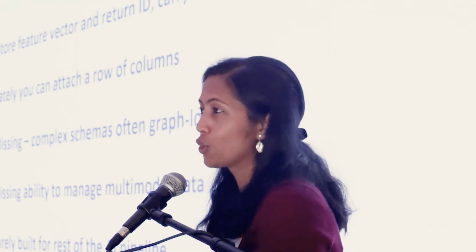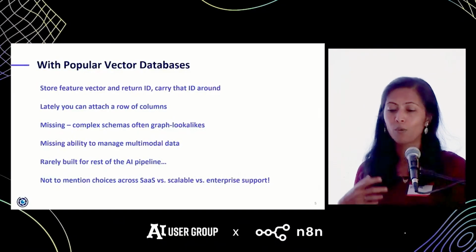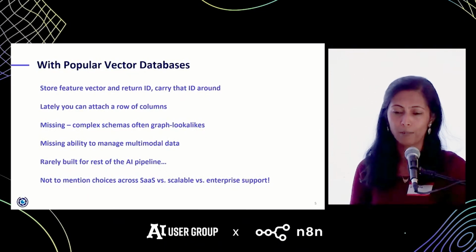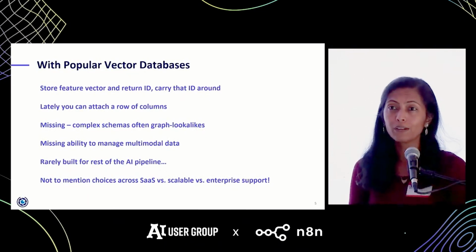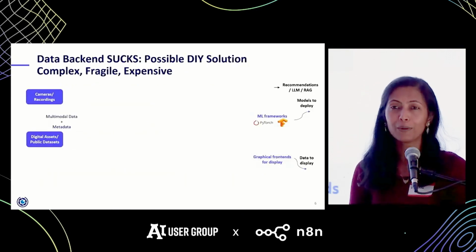And not to mention all the choices you have to make around whether it's cloud, which cloud it's supported on, is it scalable, can it support all my enterprise requirements? So what do people get today? And I think this is going to be a much uglier picture of what we saw in the previous talk,